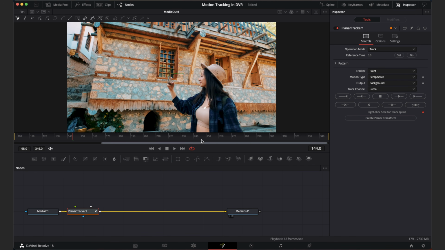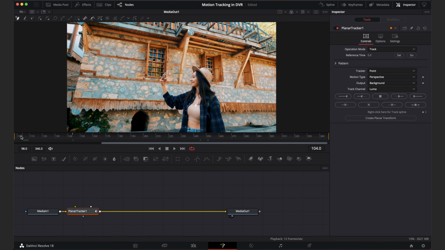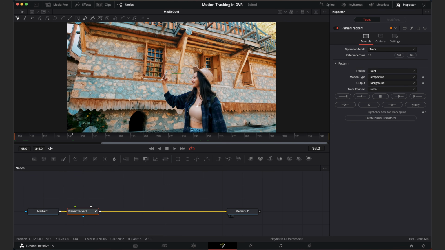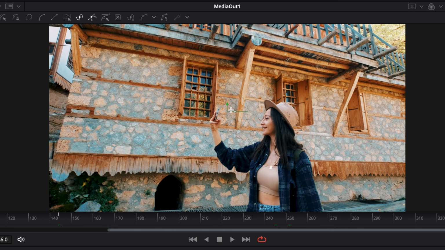And what we want to do is I'm going to actually scroll all the way to the front of this one. What I want to do is I want to track this wall and add text to this wall. So rather than tracking the motion of her phone, I want to track basically the camera parallax motion between the wall and the camera. So we can add text or another image or something like that as if it's on the wall.